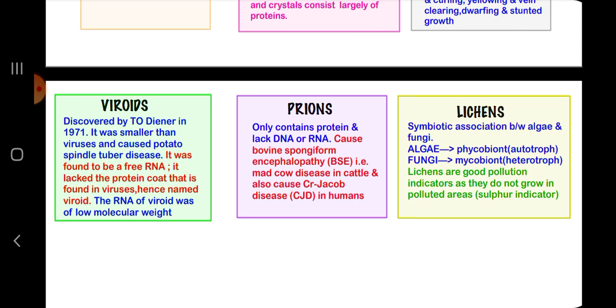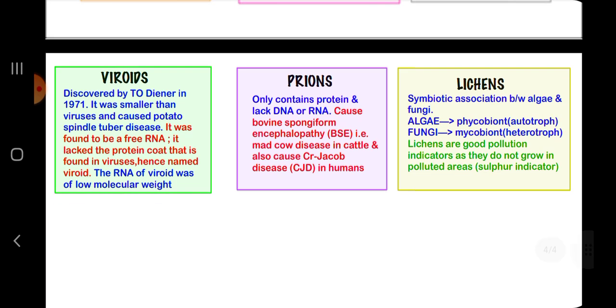It was found to be a free RNA. It lacked the protein coat that is found in viruses, hence name viroid. RNA of viroid was of low molecular weight. Prions only contain protein and lack DNA or RNA. Cause bovine spongiform encephalopathy, that is mad cow disease in cattle, and also cause